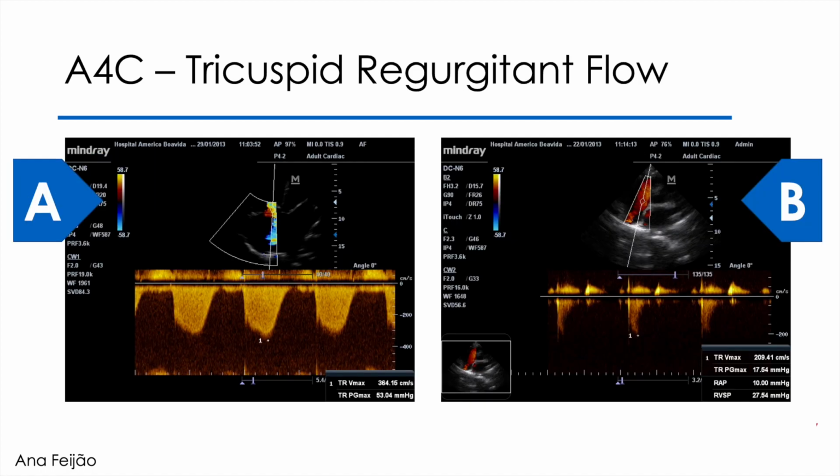Taking into account that tricuspid diastolic flow does not have great clinical significance, if I have already evaluated it in the parasternal short axis at the level of the basal vessels, I no longer evaluate it in this view. It is important to evaluate the maximum velocity of the regurgitant flow in order to calculate the systolic pressure in the pulmonary artery. As it is to evaluate the velocity of a regurgitant flow, there is